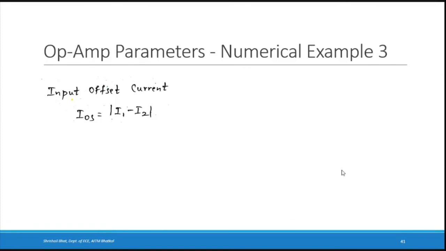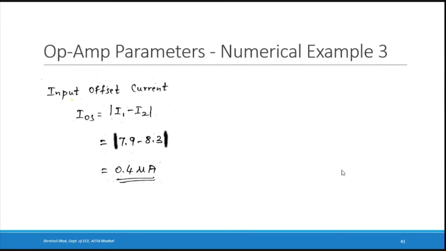Okay, absolute value, you can take I1 minus I2. So 7.9 minus 8.3, it is 0.4. You take the modulus of that, it is 0.4 microamps. Take the magnitude, do not consider the sign, only 0.4 microamps. That's the offset current. Ideally, it has to be equal, but practically there will be some difference between them. That is the offset current.